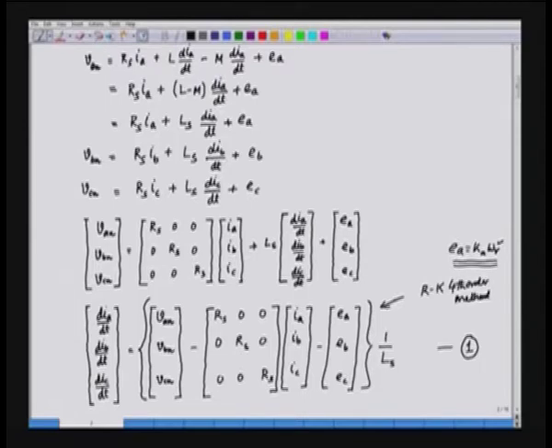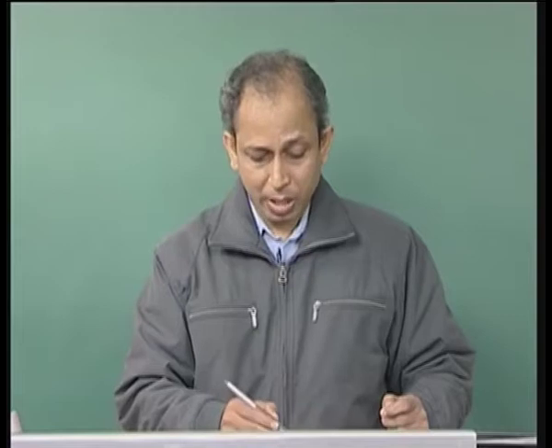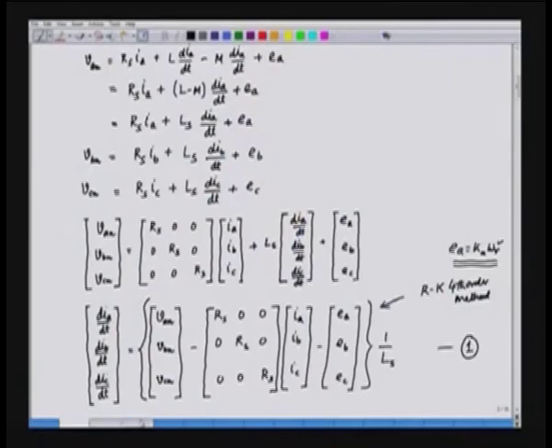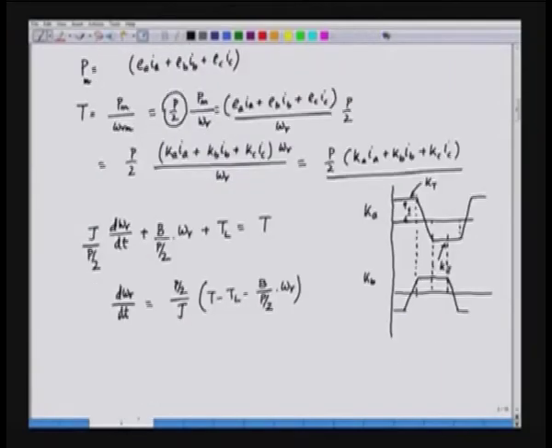If we are trying to solve these three equations, we can use the Runge-Kutta fourth order integration technique. Then, for the speed equation, after we have obtained Ia, Ib and Ic, these can be substituted here to get the value of T, and T is known here. TL is the load torque, omega r is the previous value. So, this equation can be solved by a first order integration method